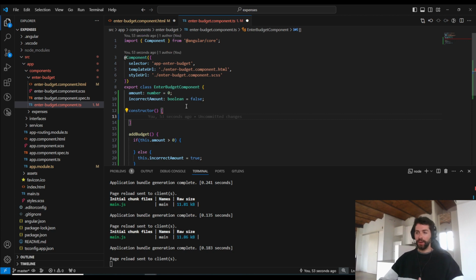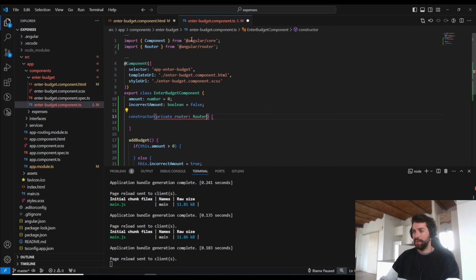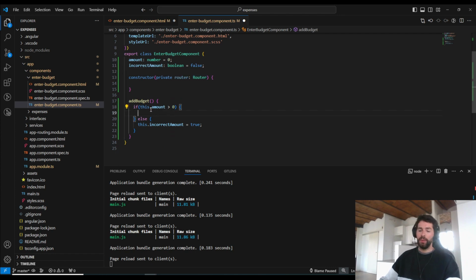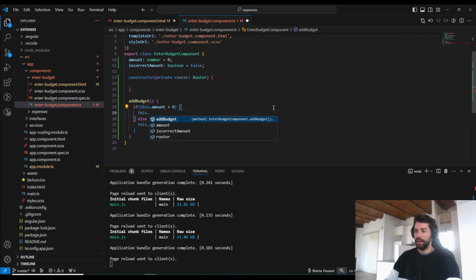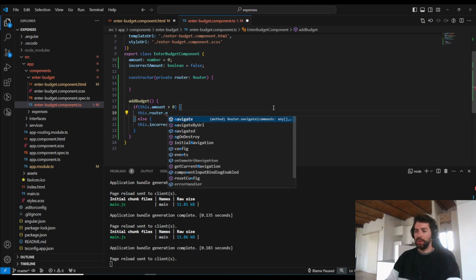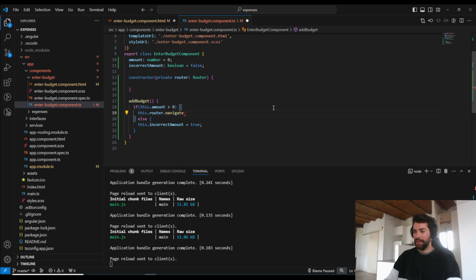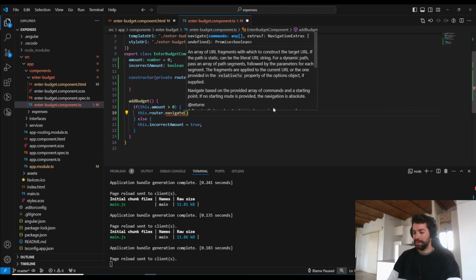When we create an instance of the component, the constructor is created, and we can inject here the service classes to use through dependency injection. Here we need to inject the router, this class Router from Angular router. This is the syntax. Okay, and now when the amount is higher than 0, I want to route. I will use the method navigate, and the syntax of the navigate is parentheses, and here I need to put